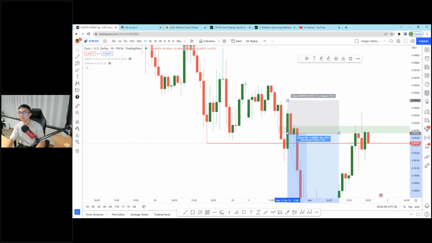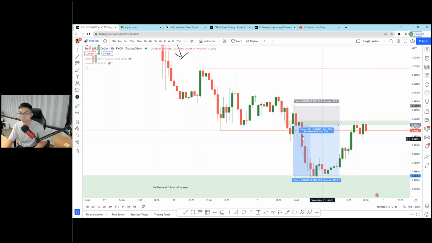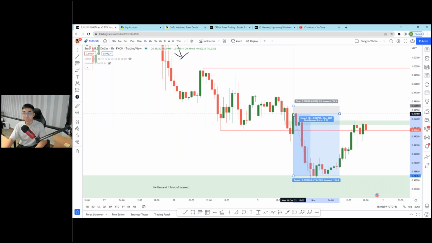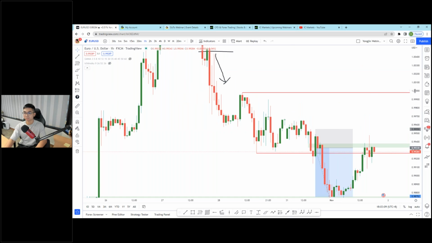I always like to tell you guys not to haggle with the risk to reward, trying to get a better one. Maybe you want to move higher and higher, get a very nice Instagram 1 to 8 risk to reward. But no, I just enter. I'm not greedy, so I enter when price first taps into the market imbalance.